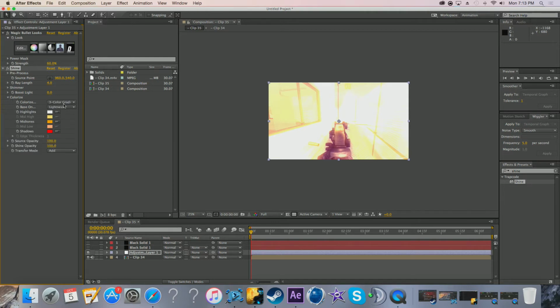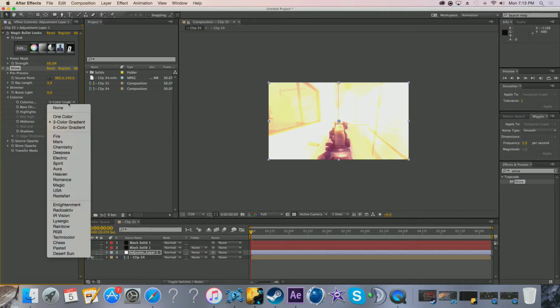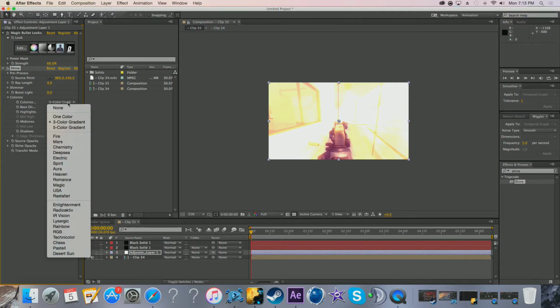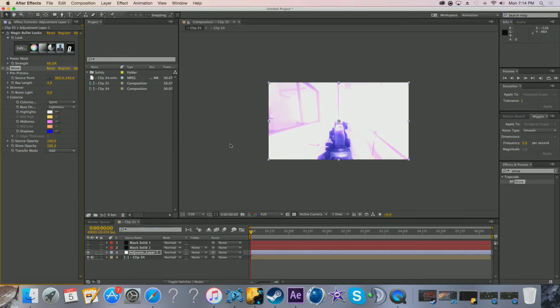I don't want that color either. Anyways, you click drop down colorize, drop down 3 color gradient, and select any one that you like. Let's try Spirit. It gives you a blue, and the way it is right now, Shine is right at the center, and it's the whole clip. But if I don't want the whole clip, I go to pre-process